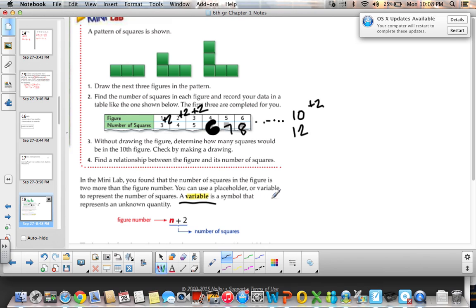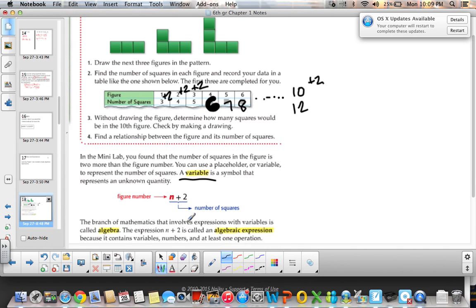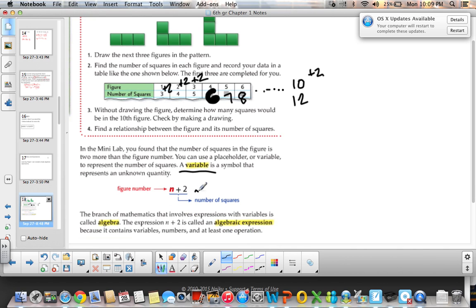So say we wanted figure n, and that would mean any number we could plug in for n, plus 2, because adding 2 to our figure number would give us the number of squares. So n plus 2,